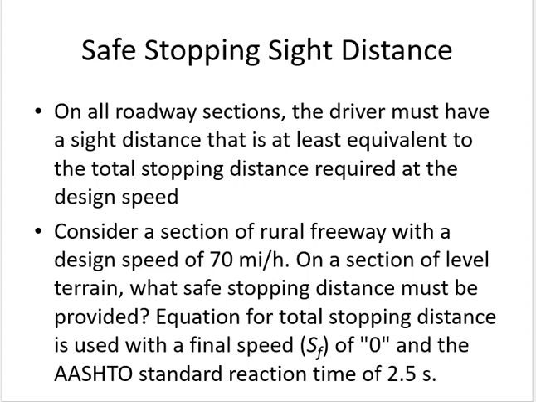Stopping distance required by the vehicle. If at any point on the highway, the sight distance which the driver has is not equal to the distance he requires to stop, it is considered unsafe. Clear? For example, if you are designing a freeway with a speed of 70 miles per hour, you will use this equation